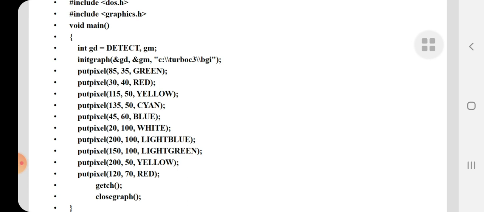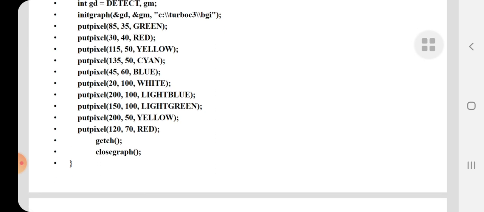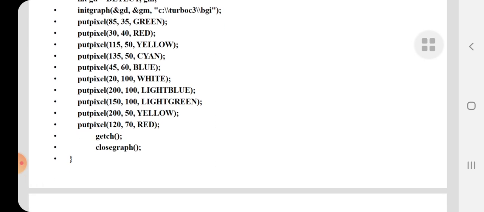There are 10 pixels in total. After that there is getch, and closegraph is used to come out of the graphics mode and set the display mode to its original text mode.